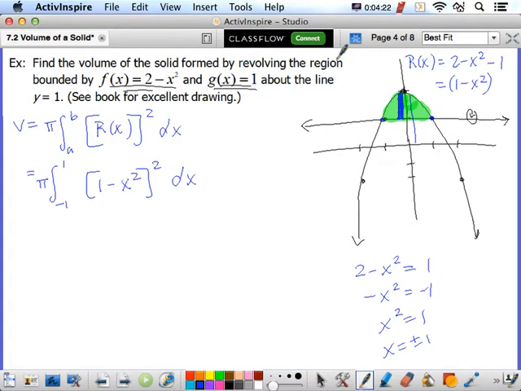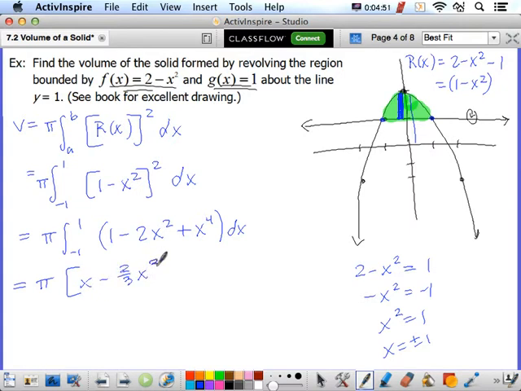Once we have it all set up, all we have to do is square this out, and we get pi from negative 1 to 1, and we need to FOIL this so that we can integrate each piece separately. 1 minus 2x squared plus x to the 4th. So just like with area, the integrals themselves are usually a lot easier to integrate than some of the stuff we've been working with. So we have pi, and then we have x minus 2/3 x cubed plus 1/5 x to the 5th. And then we're going to evaluate that from -1 to +1, remembering to multiply our pi by everything at the end. So we have pi times